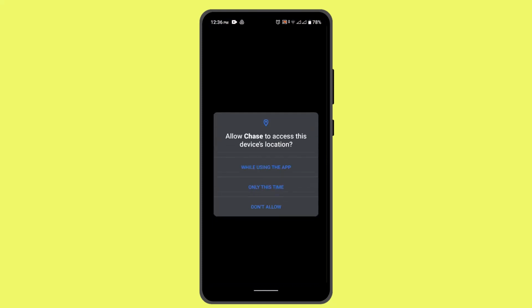So if you don't have an account, then you can go ahead and tap the sign up button. But if you already have an account, then click the sign in button and enter your credentials. That includes entering your username and a password, and clicking the sign in button. You can also use your biometrics in order to get access to your account, and then you've successfully logged in to